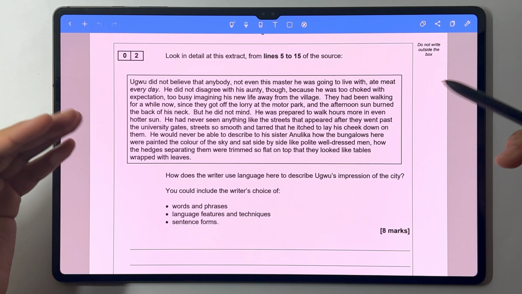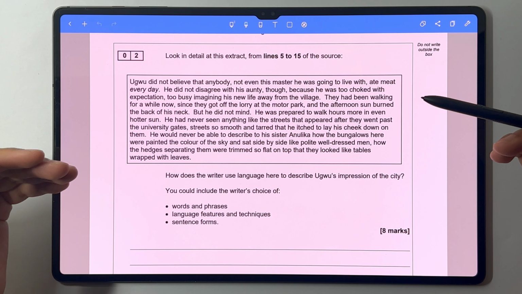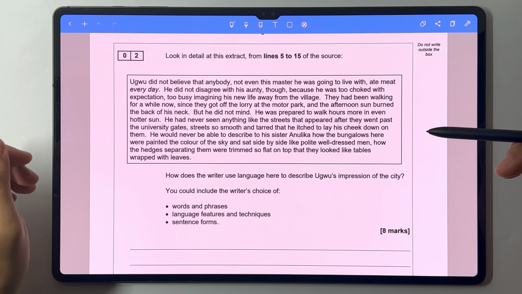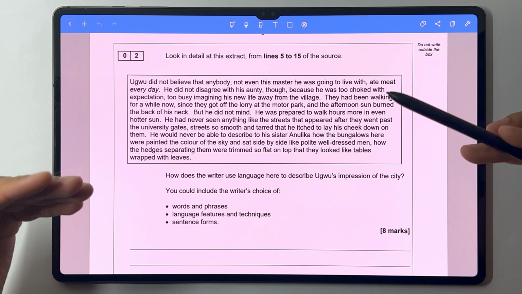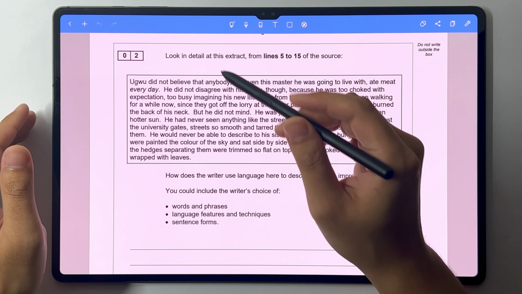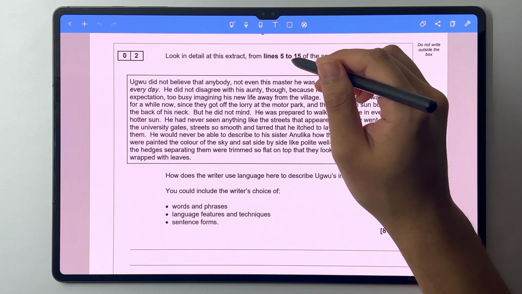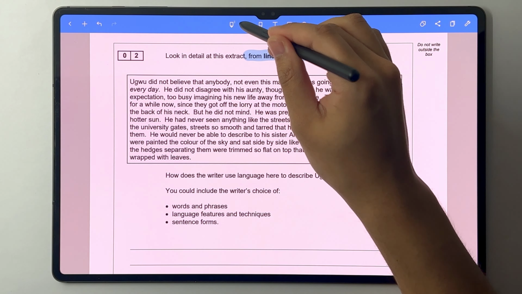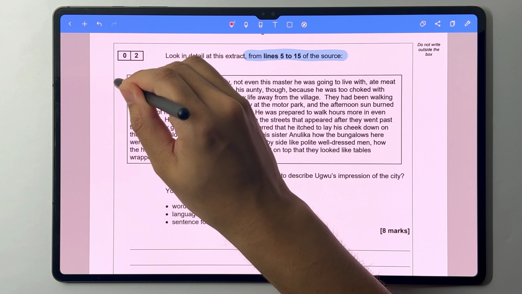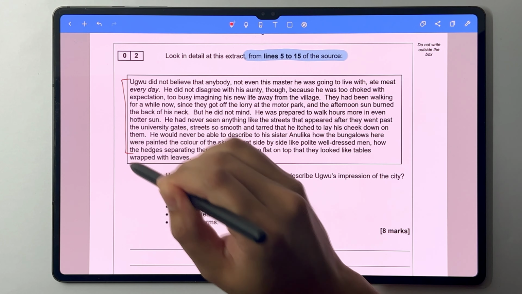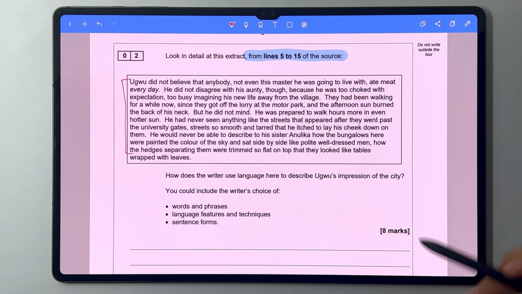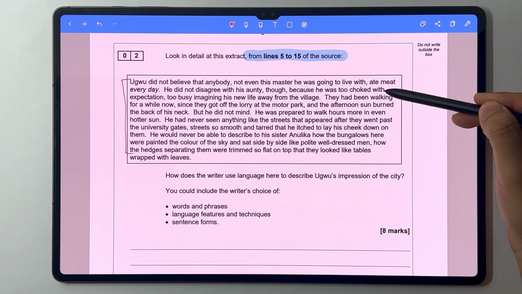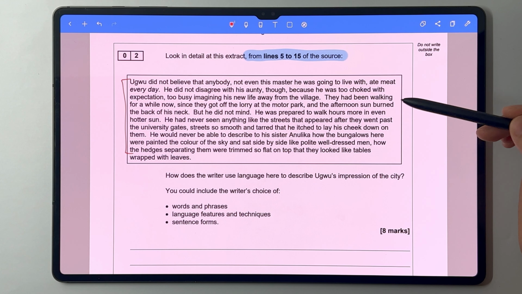Today we are looking at AQA GCSE English Language, Paper 1, Question 2. So here we have the following question. It reads, look in detail at this extract from lines 5 to 15 of the source. They have already given us a snapshot of the text, so we don't have to actually refer back to the insert. So you need to read every single line and pick out key language features to help you answer